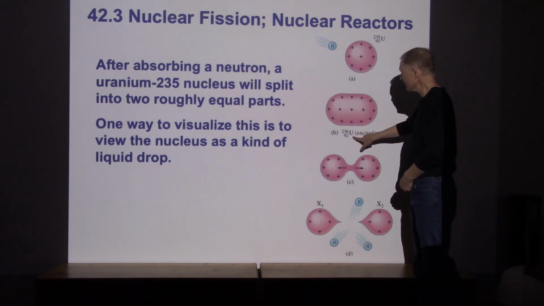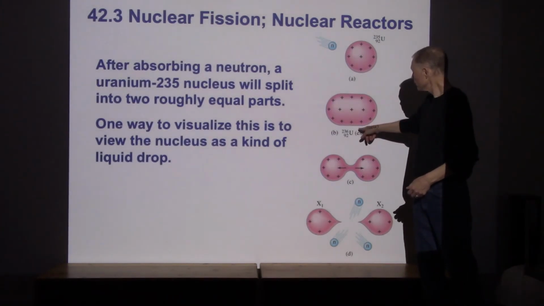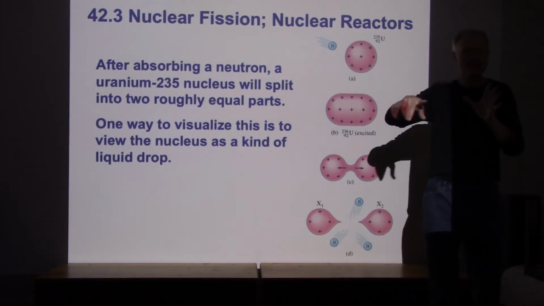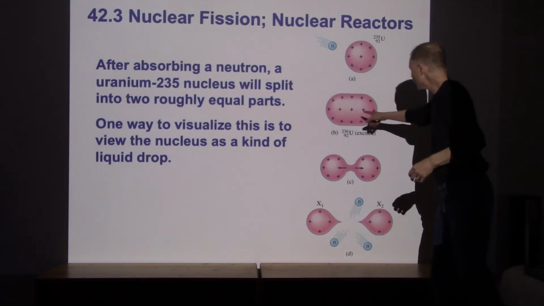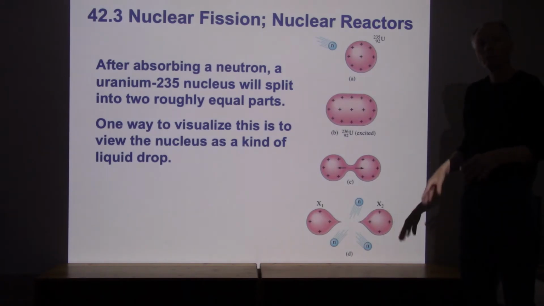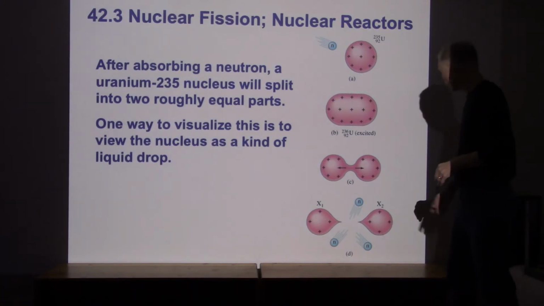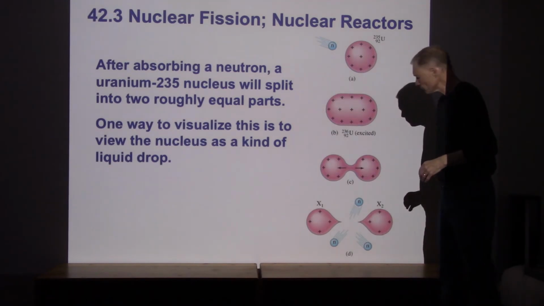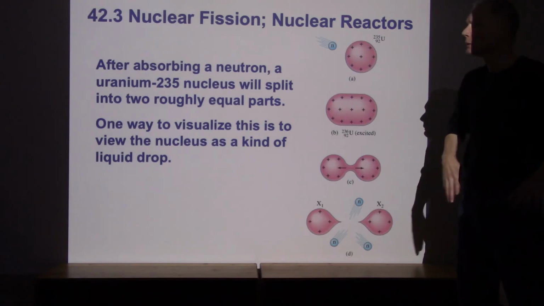So you get this excited version of uranium-236. Now, instead of just giving off a little piece of something to settle back down, the excited uranium-236 splits into two pretty good-sized pieces. So this is quite different from the radioactive decay reactions that we looked at in the